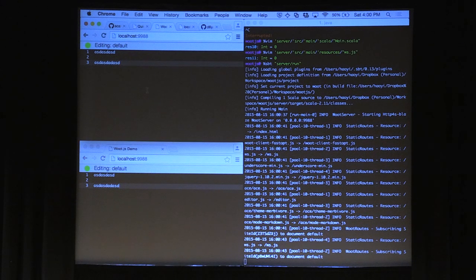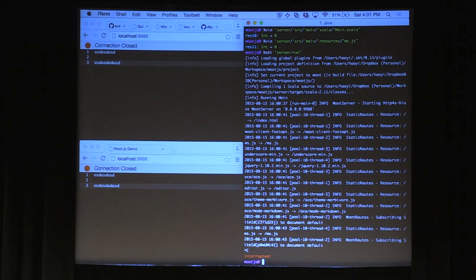Okay, so now we have it working. I'm not trying to bluff you guys. To answer that question, the reason I had to kill Ammonite to drop out just now is because I had a weird checkout of it that had bad code. After I cleaned up and went to an earlier revision that actually worked, it's fine. Once I'm back to the normal version of Ammonite, killing a program works great.